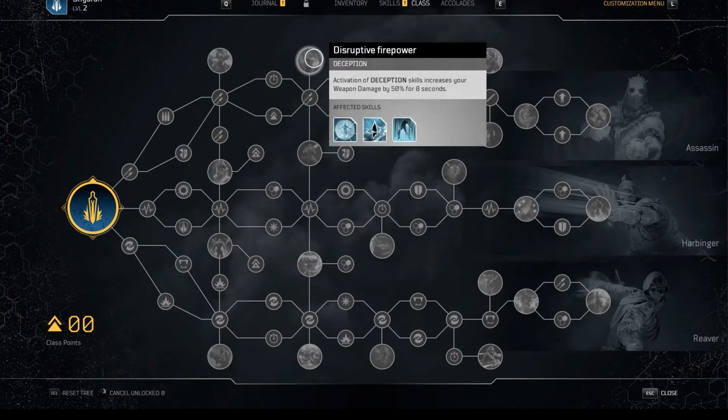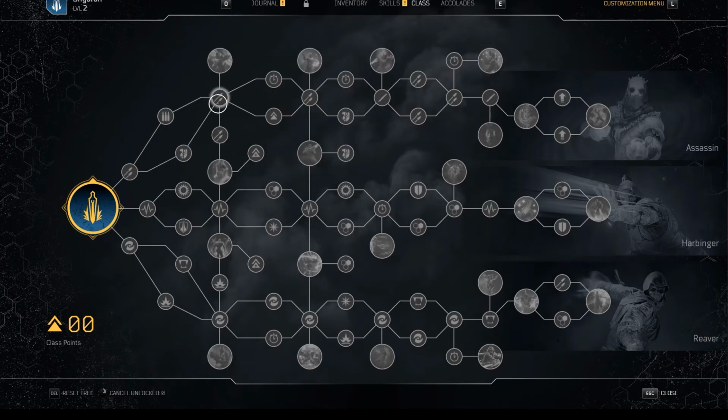Disruptive firepower is an option if you go up. Activation of deception skills increases your weapon damage by 50% for 8 seconds. That's big. Now, I want to point out here,